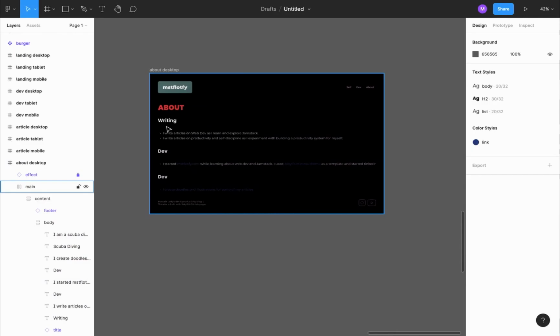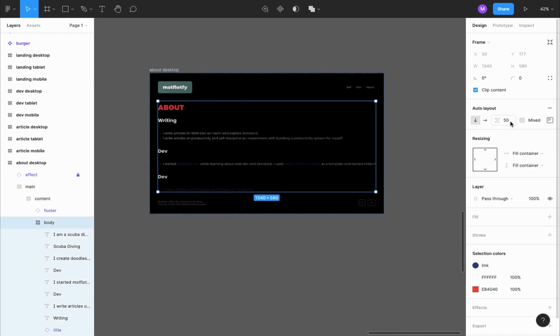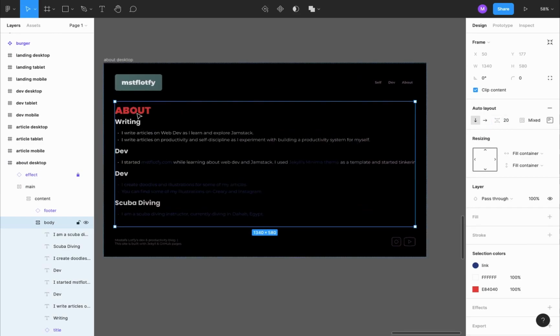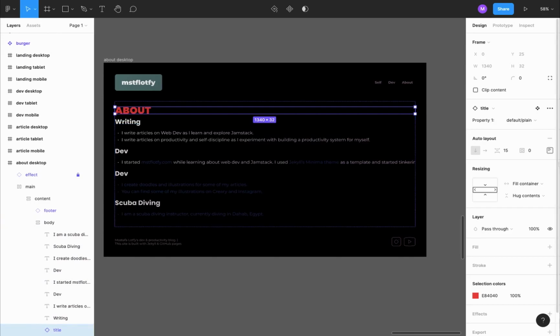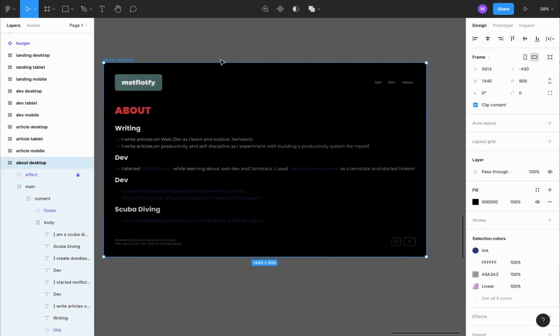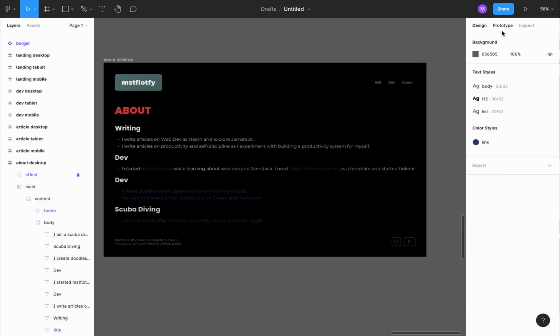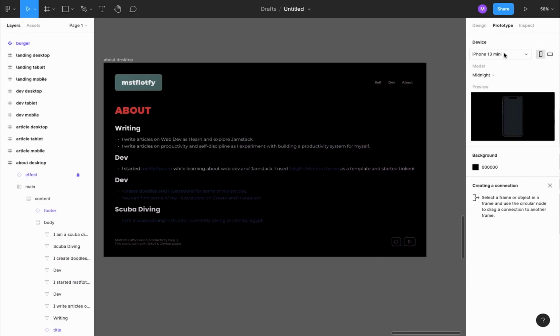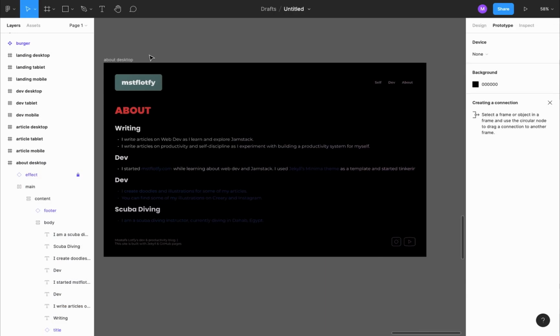Now we can already see that the spacing between the items is just too much. So we can select the body and make the spacing maybe 20. Obviously the article is too close, but we can add a padding to it of 30 maybe, just to push things down a bit. And then first let's click on our canvas, go back to prototype settings,